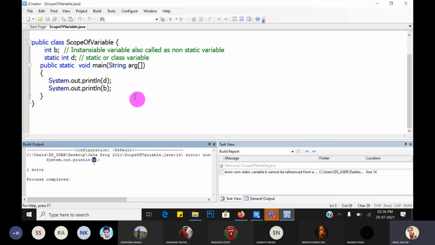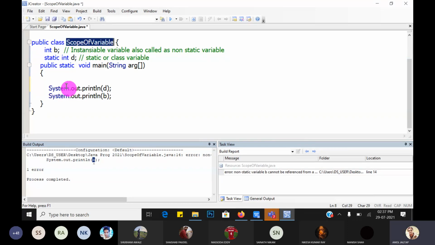This is the error because b is a non-static variable and we cannot access a non-static variable directly in the static main method. If you want to access it inside the static method, there is an indirect way to access the instantiable variable: by creating an object of that class.